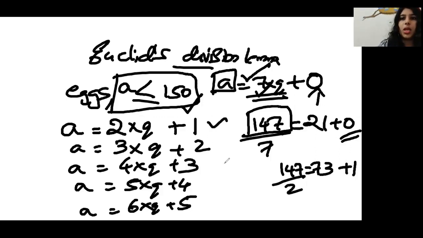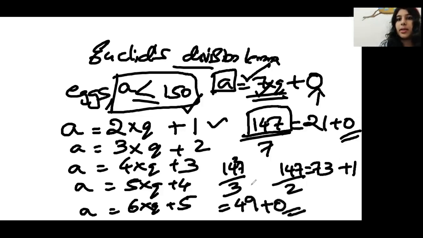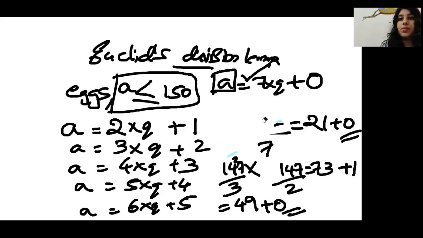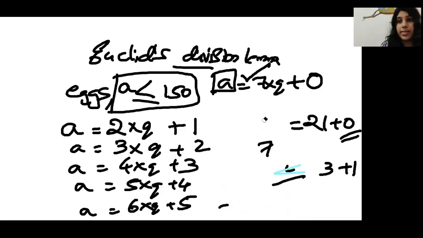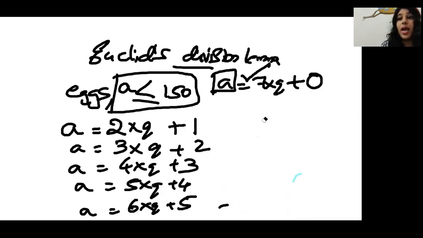If I am considering 3, 147 if I am dividing with 3, what is happening? 3 4s are 12, 3 9s are. I am getting 0 remainder. It purely means that this is not satisfied. So I know that this 147 is not my answer. So like this, we want to deal with all the numbers which are less than 150, which are divisible by 7, and also have to satisfy all this category. So likewise, by the trial and error method, I got my answer as 119.